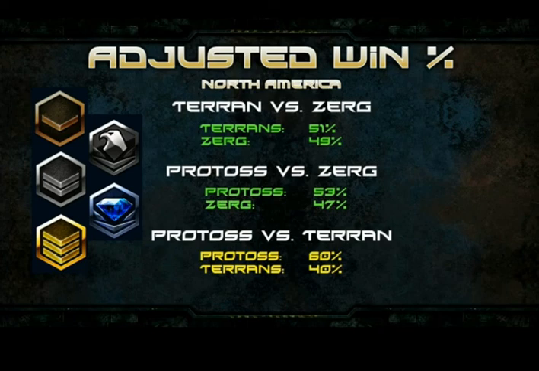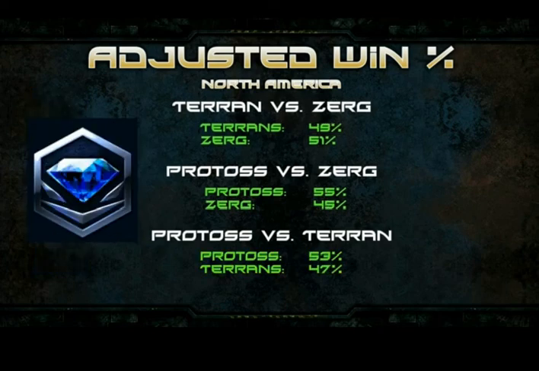So we're going to investigate this a little bit further, and we'll look at Diamond specifically in North America. So for Diamond, we have Terran versus Zerg, 49-51, still a good number. Protoss versus Zerg, 55 to 45. It's borderline, but we still consider